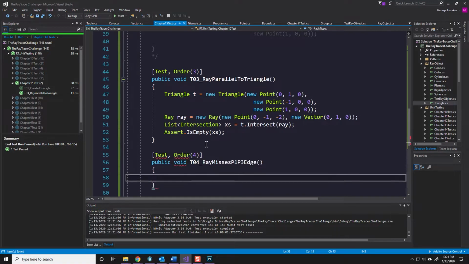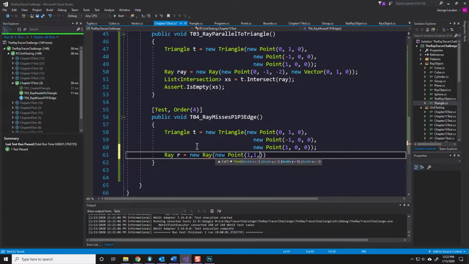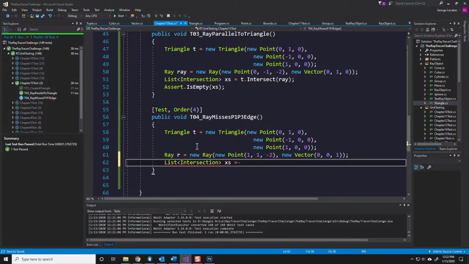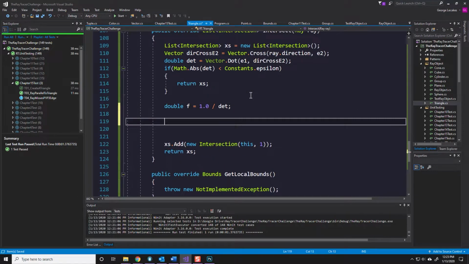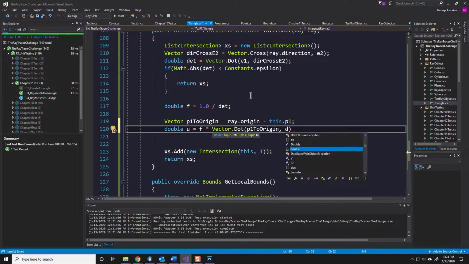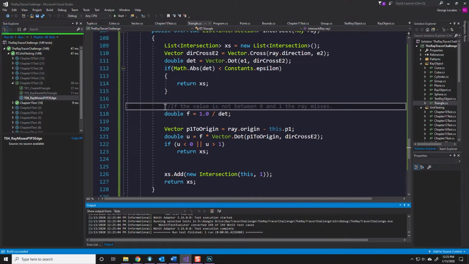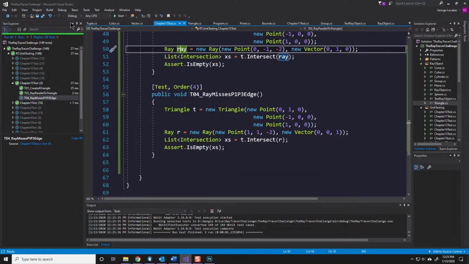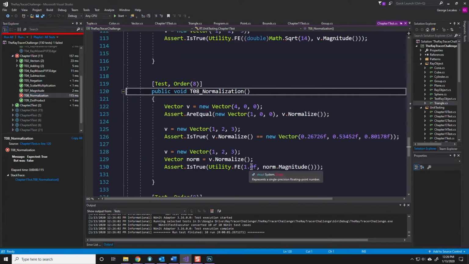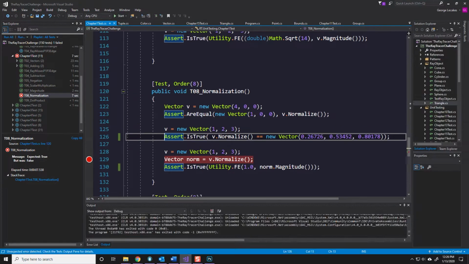Now we have a test concerning the edges. This ray will hit the plane that the triangle describes, but it's going to miss the boundaries of the edge. This math is going to be very important for us to implement, especially the u and v variables. These 2 variables are used to interpolate values across the surface of the triangle. U's range within a triangle is going to be between 0 and 1, so if we exceed that value, we haven't struck the surface. My test doesn't fire off, so I check chapter 1 to see if something's buggy,